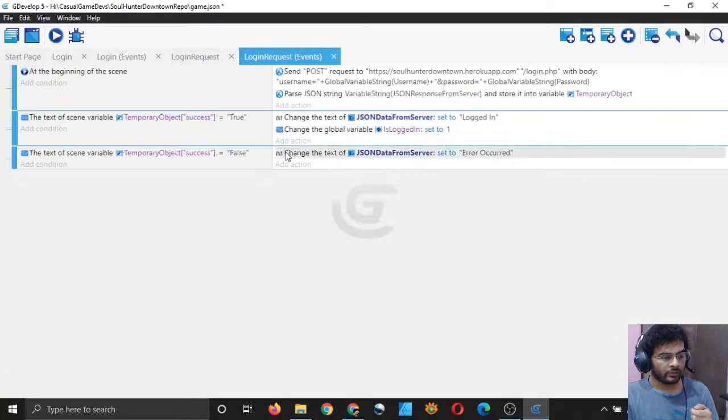So let's do that. Here where we have failed to log in, it means that our username and password is wrong, something is wrong between the two. So we will erase both of them and make them empty string, and set is logged in to 0. But here we only have to set is logged in to 1, because the value is already stored in the global variables username and password, right?